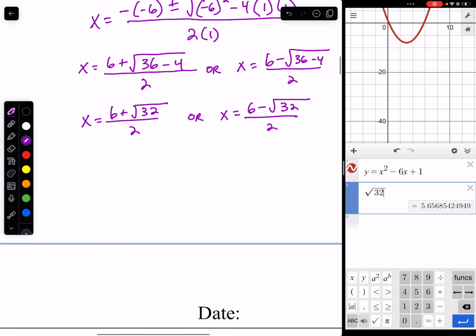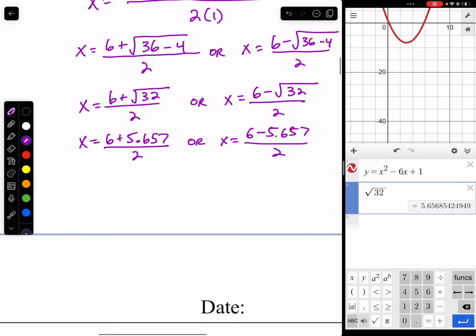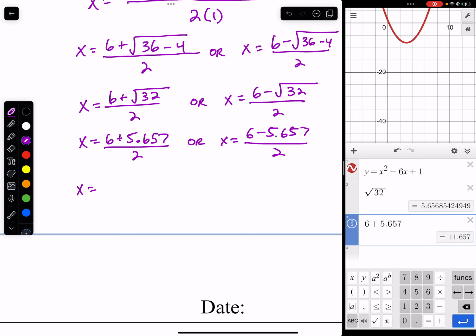The square root of 32 is about 5.657. So x equals 6 plus 5.657 all over 2. Or x can be equal to 6 minus 5.657 all over 2. So if I continue to simplify, 6 plus 5.657 is 11.657, all divided by 2, or x equals 6 minus